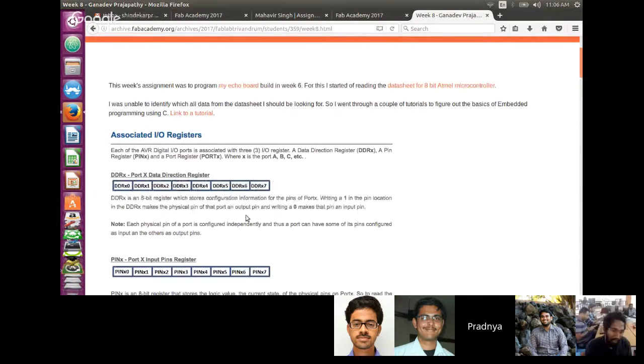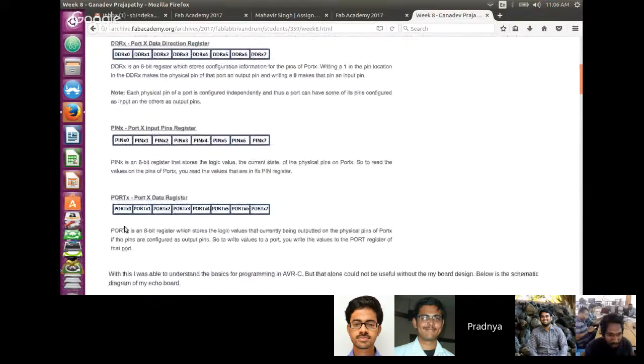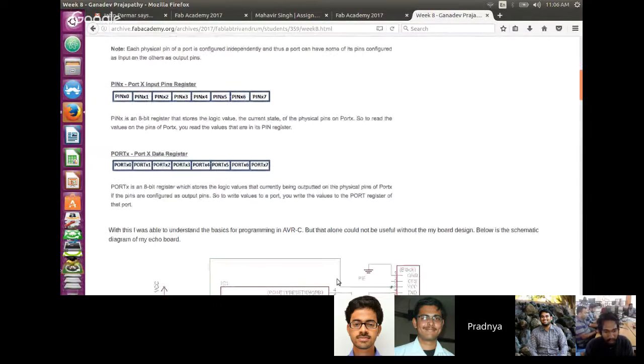This is a screenshot of an image I took from one of the tutorials. Then I went on to find my output and input ports, and accordingly I updated the code